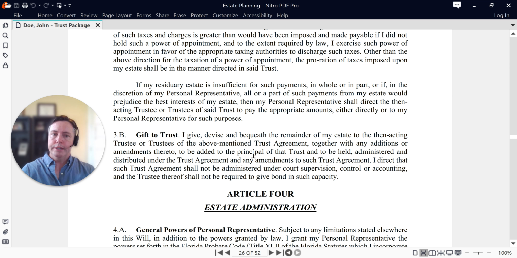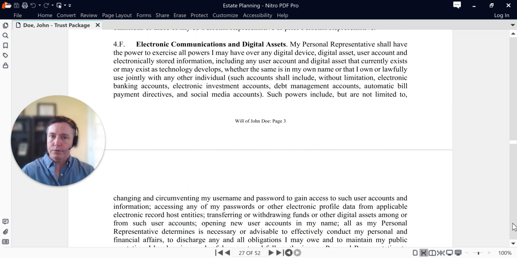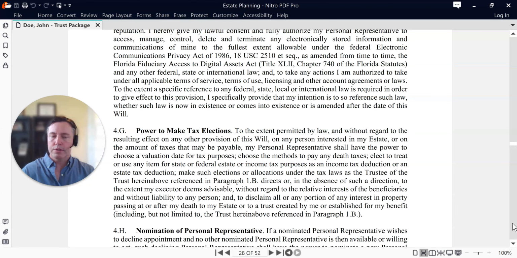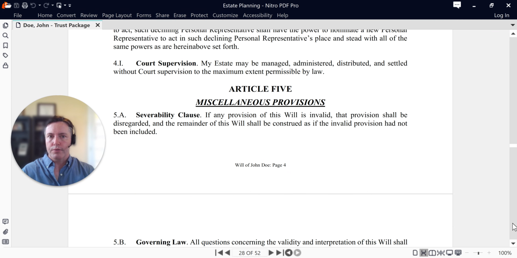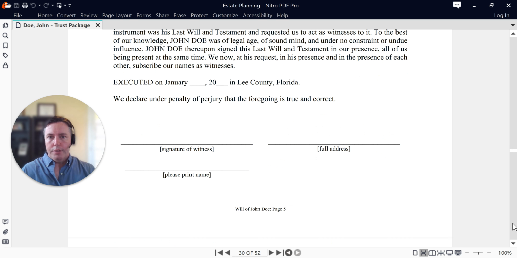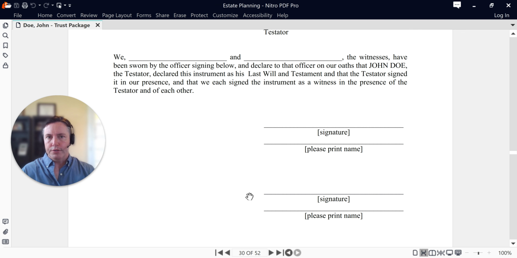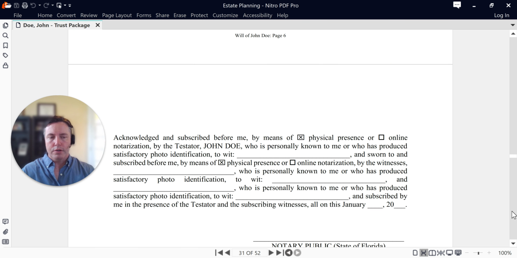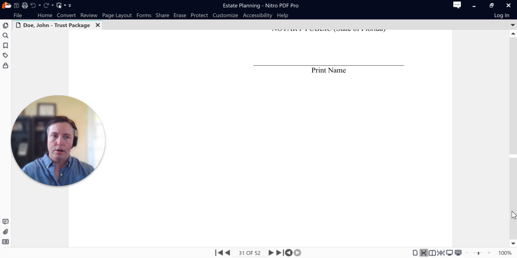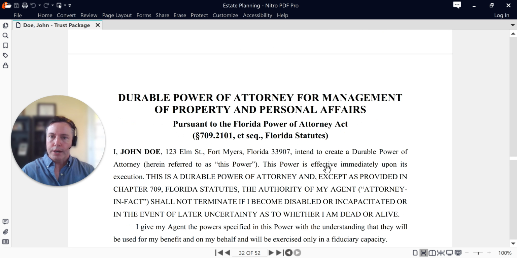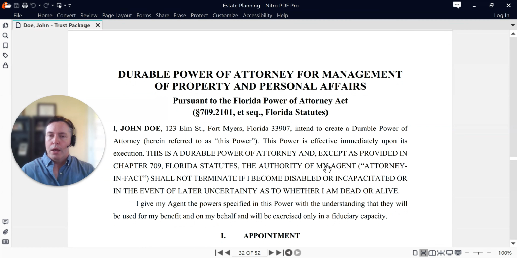You're pouring assets into the trust that weren't there, so there's no need to repeat this or even to change this. If you change the trust, it still reads the same. And you might not even really be using the will if everything was funded to begin with, but this way you have your bases covered. And so again, we sign these, and you'll see affidavits that go along with some of these documents that are just to prove that everyone was there and signed at the same time and all that kind of thing.